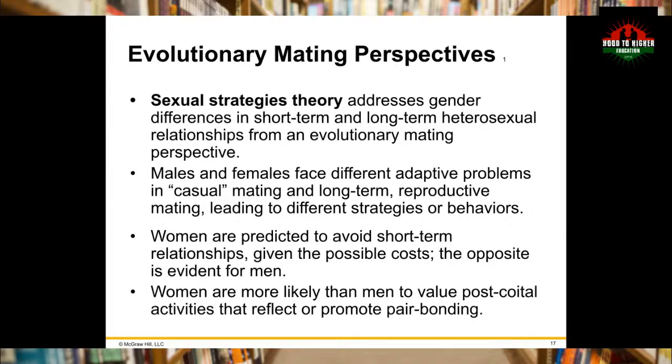So when we talk about evolutionary mating perspectives, sexual strategies theory addresses gender differences in short-term and long-term heterosexual relationships from an evolutionary mating perspective. Males and females face different adaptive problems in casual mating and long-term reproductive mating, leading to different strategies or behaviors. Women are predicted to avoid short-term relationships, given the possible costs. The opposite is evident for men, right? So men are not as worried about short term, and this has been found through years of research, surveys,